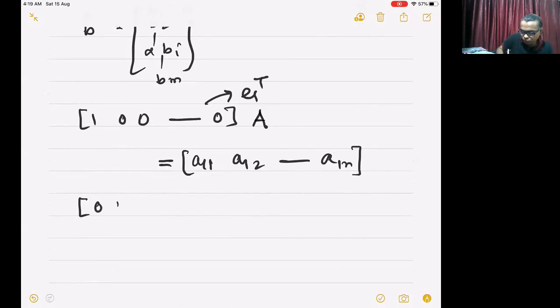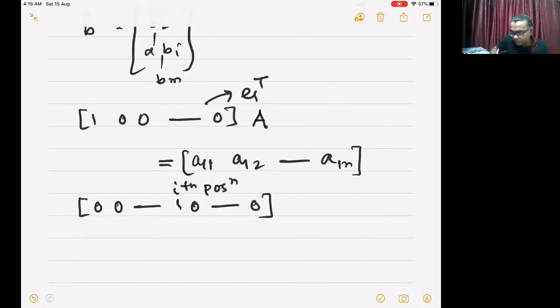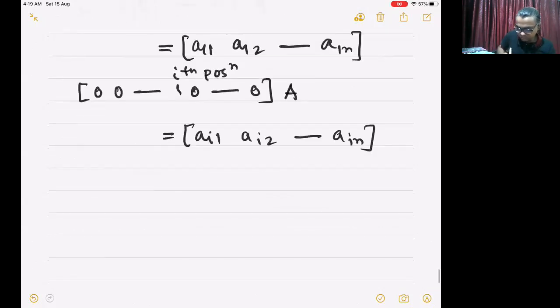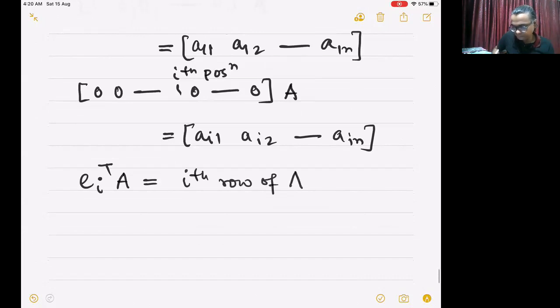Similarly, if I have 0, 0, dot, dot, dot, 1 at the ith position, all zeros, just 1 at the ith position, and that multiplies A, what would be the result? This will be Ai1, Ai2, dot, dot, dot, up to Ain. It picks up the ith row of the A matrix. So this is coded as Ei transpose A is nothing but the ith row of the matrix A. Okay. So now